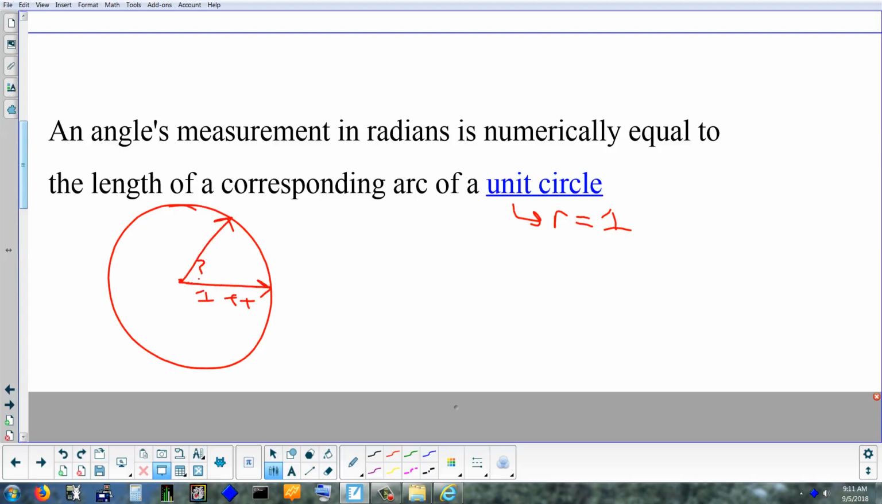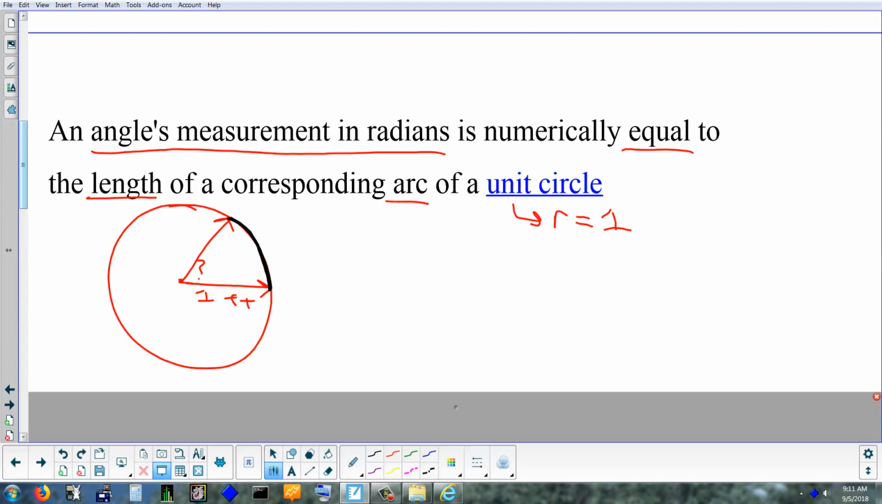That's the question. Well, this is saying that if you want to measure the angle in radians, it's exactly the same as the length of the arc on a unit circle. And that's what I drew. 1 foot is a unit circle. So if I had a piece of string, and I put it right there, and measure that piece of string, put it on a ruler, and see how long it is,